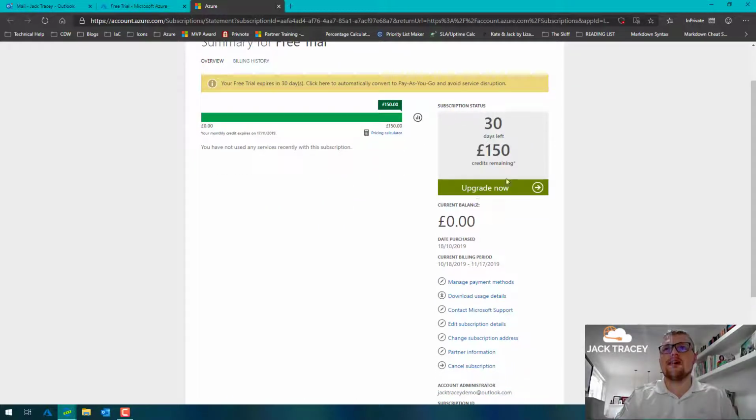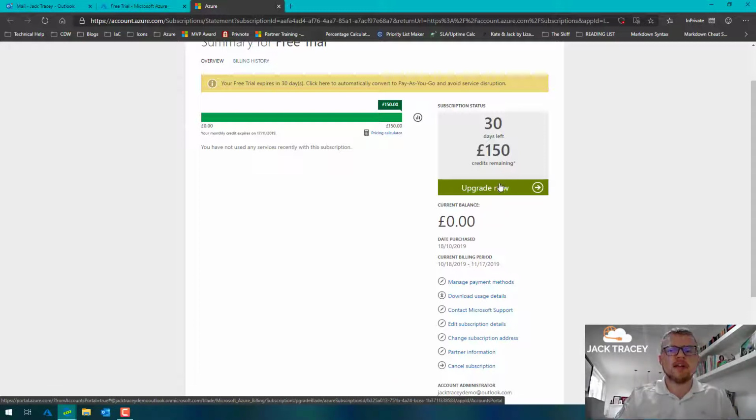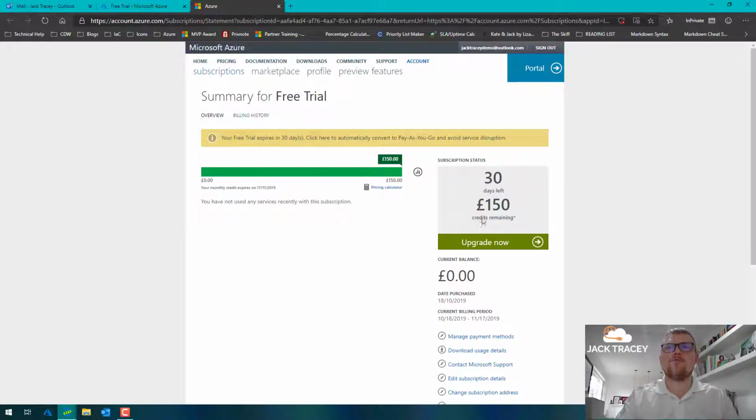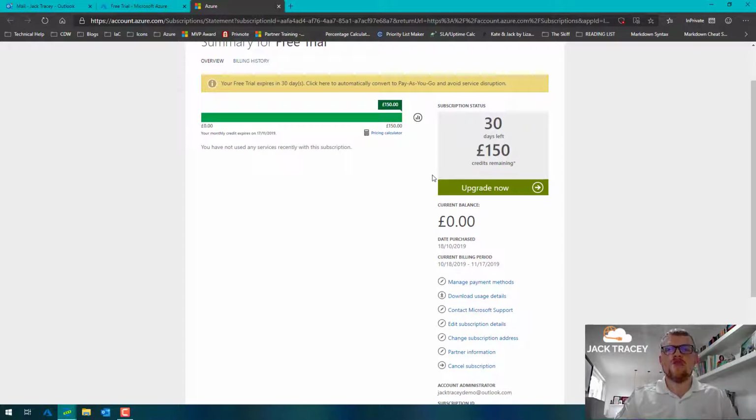And if we click this button here, that will basically start charging our credit card for anything we spend above the £150. So as long as you don't click on that one, you'll be absolutely fine. And again, these should only be used for testing things. They're not built for long-term things. But if you build something in testing, then when you want to carry on and you say, actually, I want to make this a production or want to carry on using this and I'm happy to pay for it,